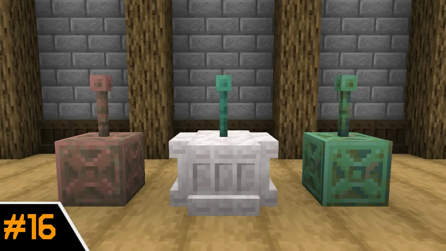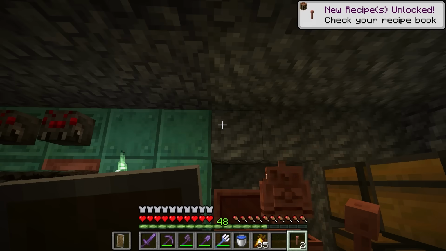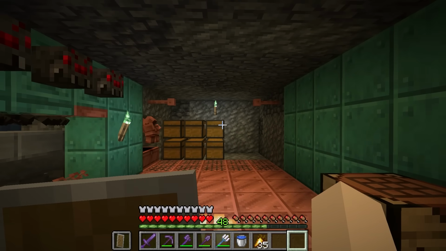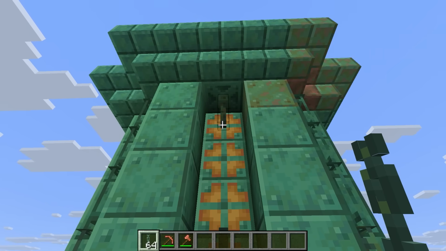16, lightning rod oxidation. And here we have the first of many new copper building blocks from this year. We've obviously had the lightning rod before the copper age drop, but we could only get it in the base copper color. Now we have 3 extra variations on this really unique shape, and more unique shapes are always appreciated